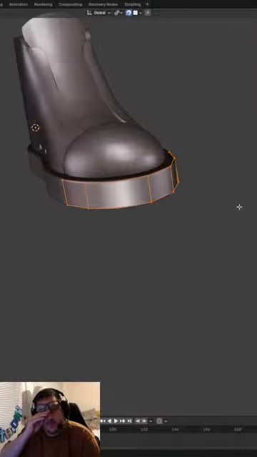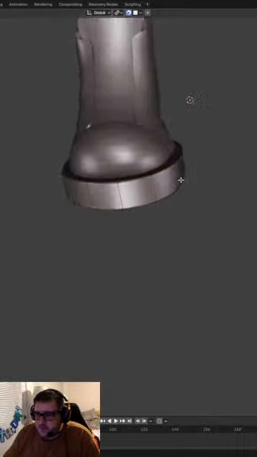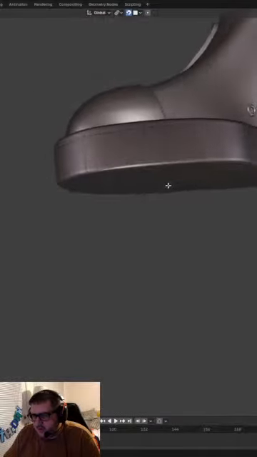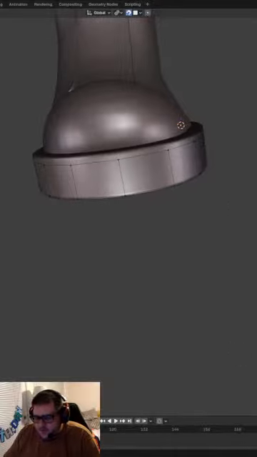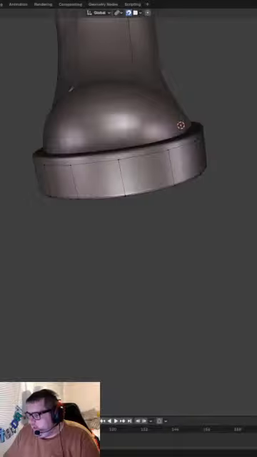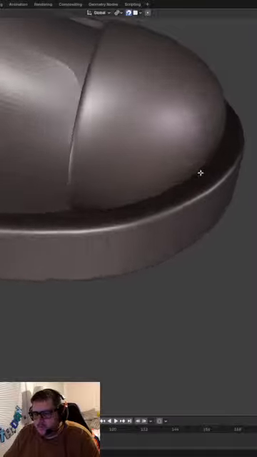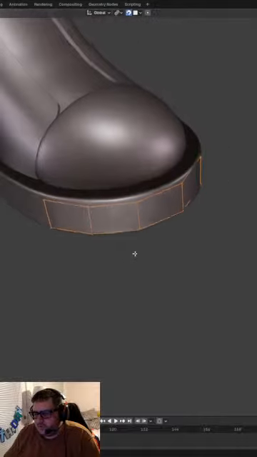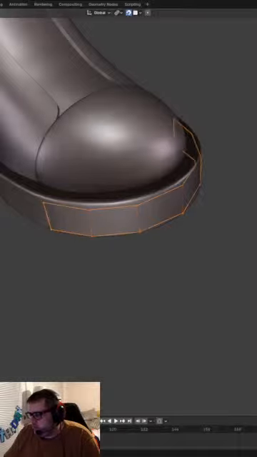Okay, so kind of got this edge going across here, and I don't want to go right to the edge. I want to go a little bit lower. The bottom, let's take a look here. Yeah, the bottom, it goes right to the bottom, but it gives a little bit of, let me see here. So this toe cap should technically blend into this sole.